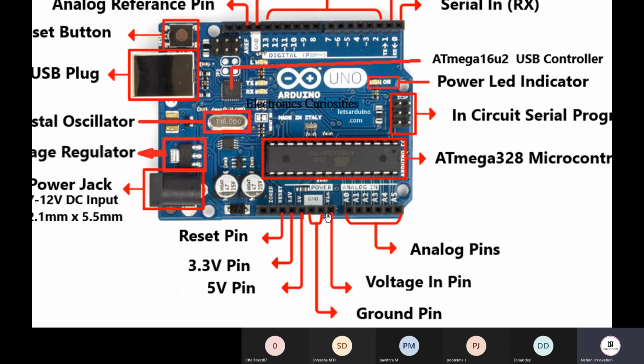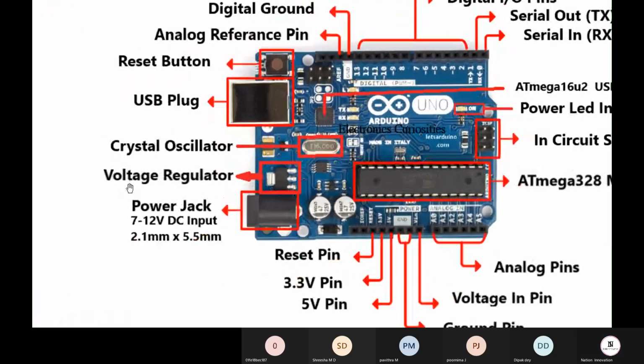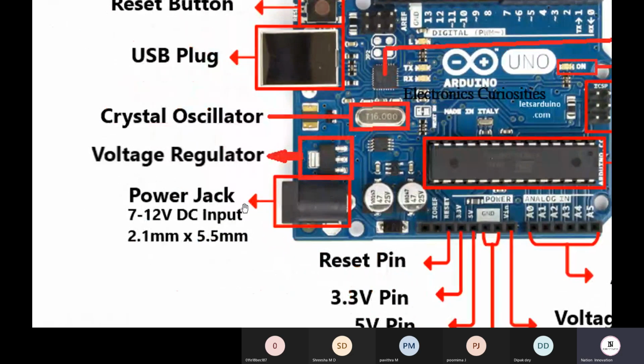Fine. Just make sure with this point the VE pin will be at most 9 volts. Then we have a power jack, which is for external supply, and this will be for 7 to 12 volts. So not a big limitation on this, you can use any from 7 to 12 and it will work very fine. Just make sure up to 2 amperes is good, not more than that.